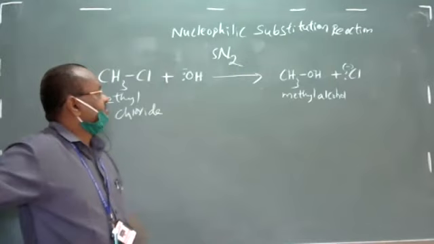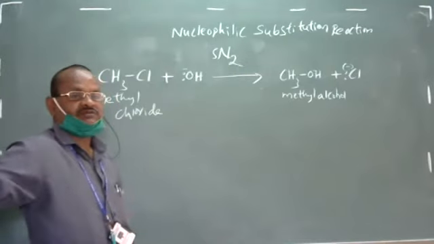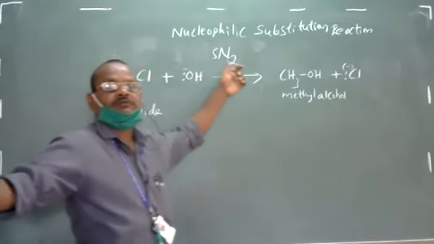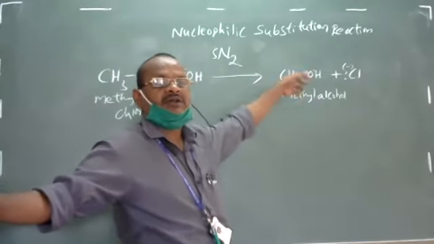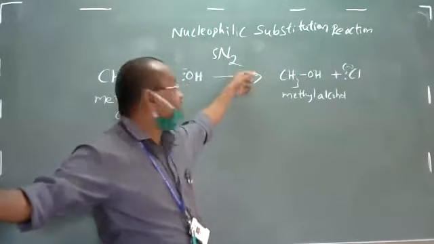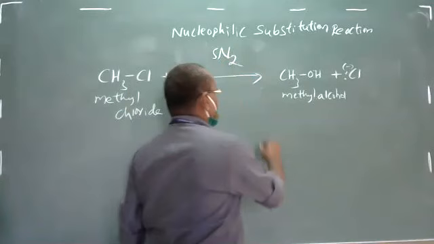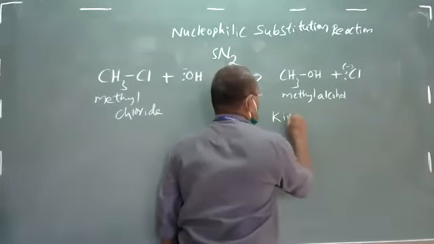Methyl chloride reacting with the nucleophile to form methanol and a chloride ion. This reaction is known as the SN2 reaction. So in this kinetics, this is a second order kinetics,